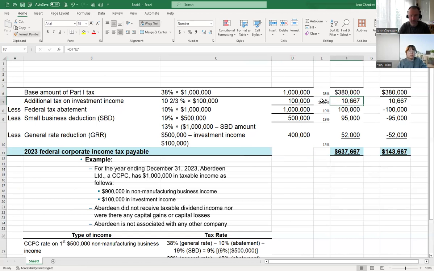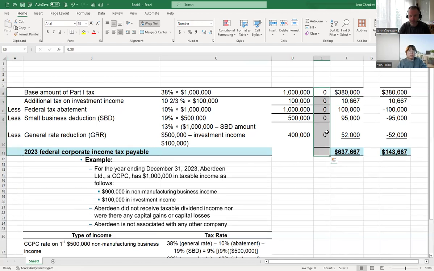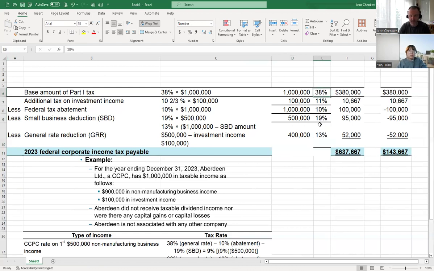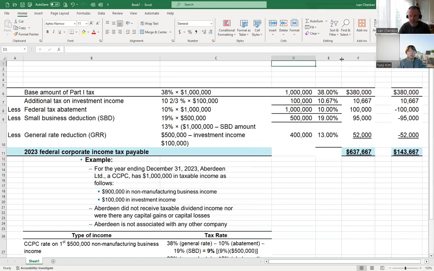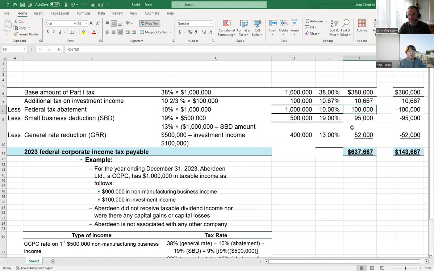I want to grab this one and format those cells as well. Obviously they all disappeared, and then we're going to do this percentage here, and we're going to have our percentages. Percentages, we need a little bit more zeros, and there we go. That's our formatting, it's fine. Okay, so now